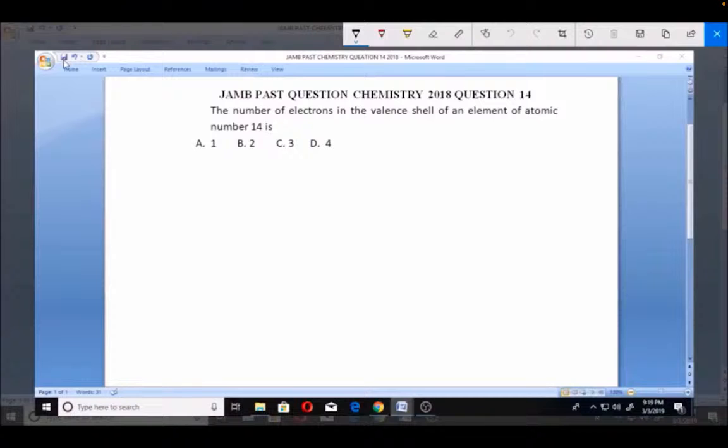Now, you have to know how to draw the electron shells for the electronic configurations of elements given their atomic number. So now you're given the atomic number of 14 and you're told to draw